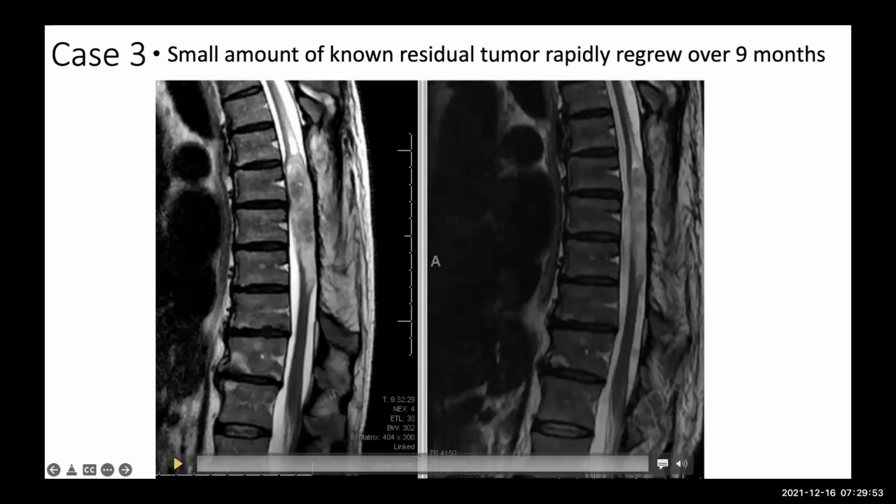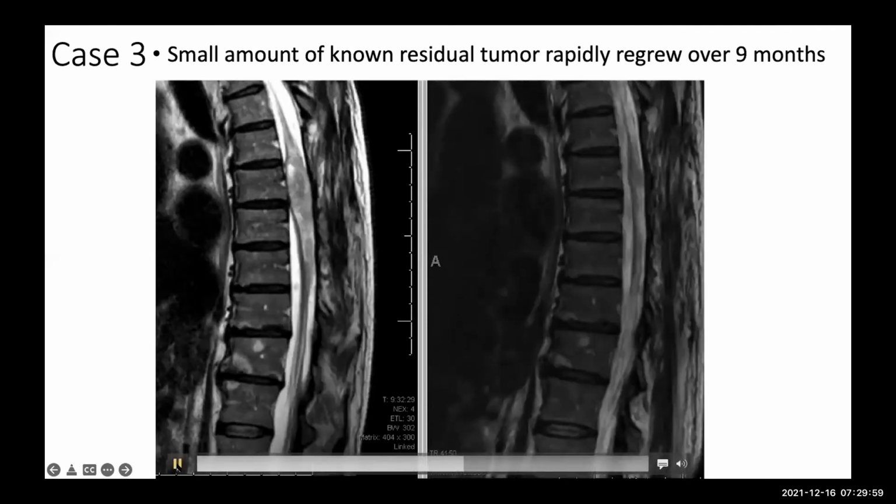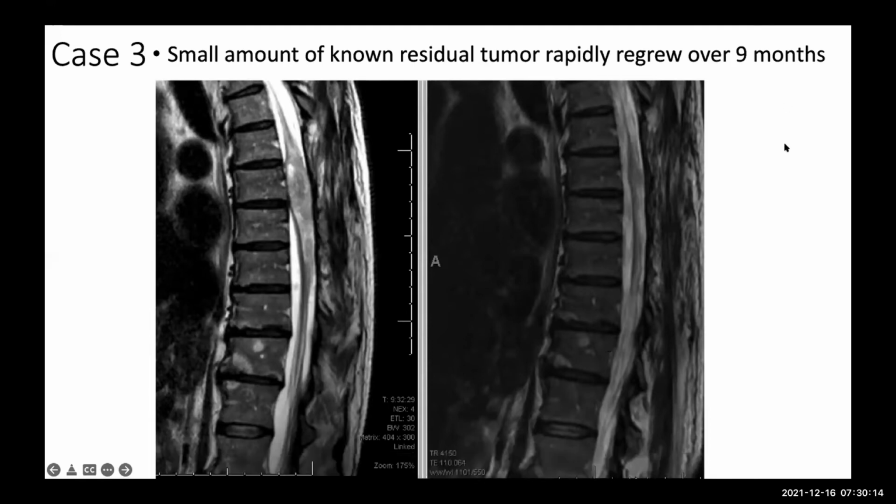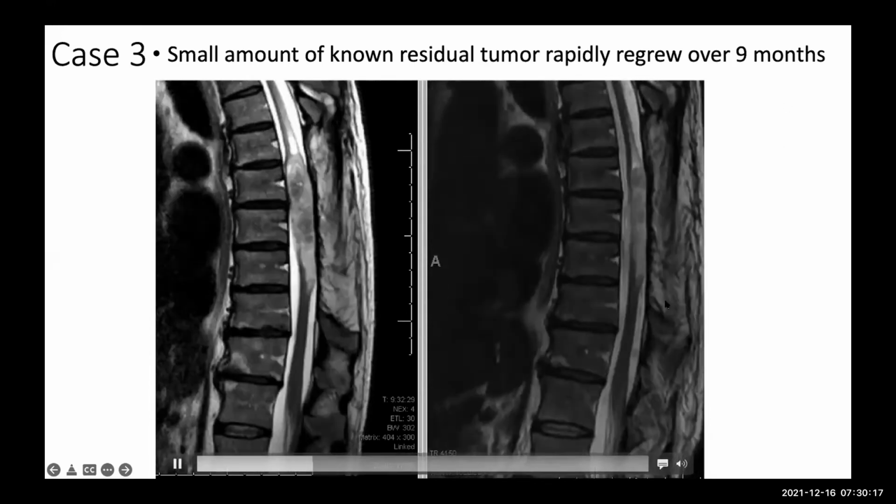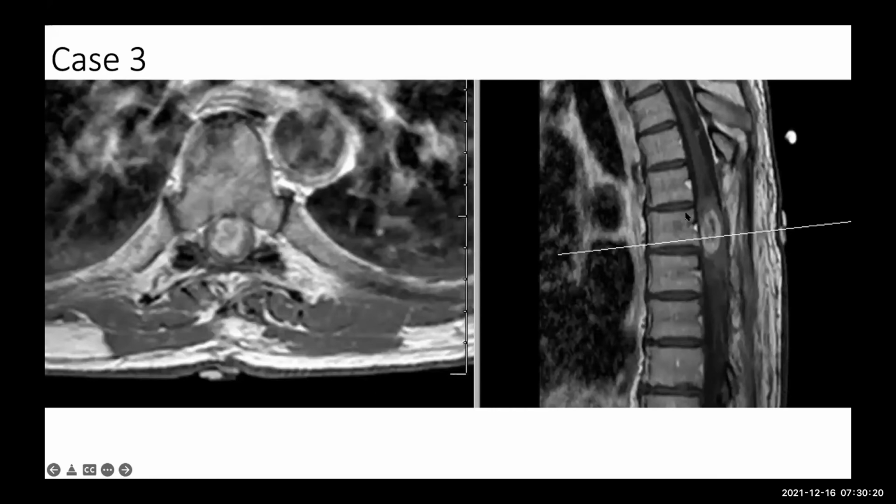So what do you see here? Yeah, in these images, I see the cord expansile lesion, mid-thoracic. I imagine you can see the laminectomy defect. Exactly, yep. So right at the area of the prior surgical intervention. Perfect. And then our next series of images, this is what kind of MRI? What do you see? Yeah, it looks like a contrast enhanced MRI showing a similarly contrast enhancing lesion in the cord. Perfect. And there's a little bit, it's kind of subtle, but